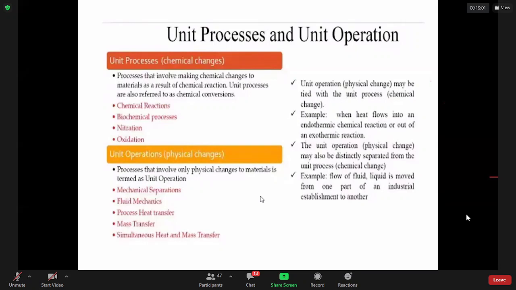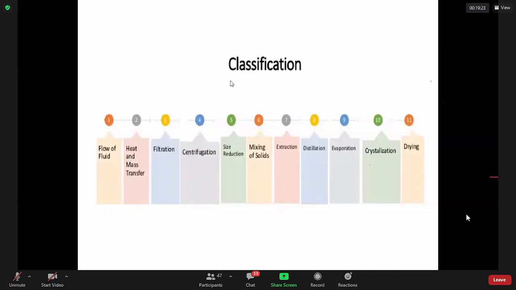This is the process which is used in sugar manufacture. You have components that if you seed them, there are many other crystals that appear. So that is both a physical and a chemical change, but they all occur at different times. So the different types of unit operation